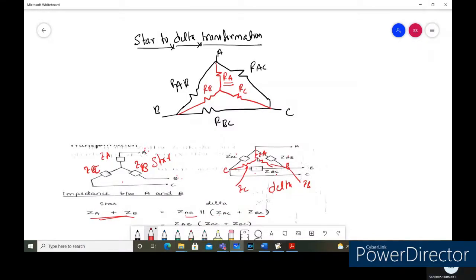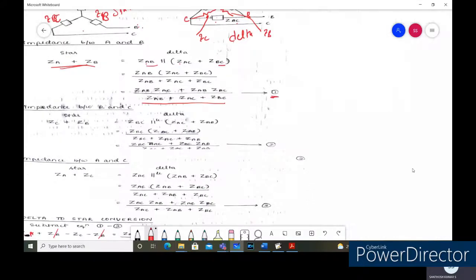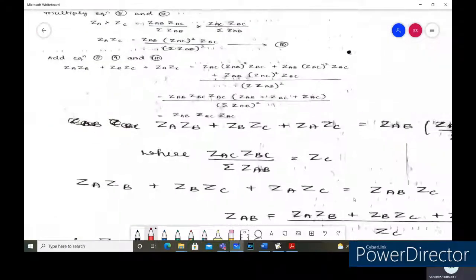So like this we convert the given star into the delta and delta to the star network. These are the sets of formulas represented in equations 5, 6, 7 and in equations 8, 9, 10. In the next session, let us look into the